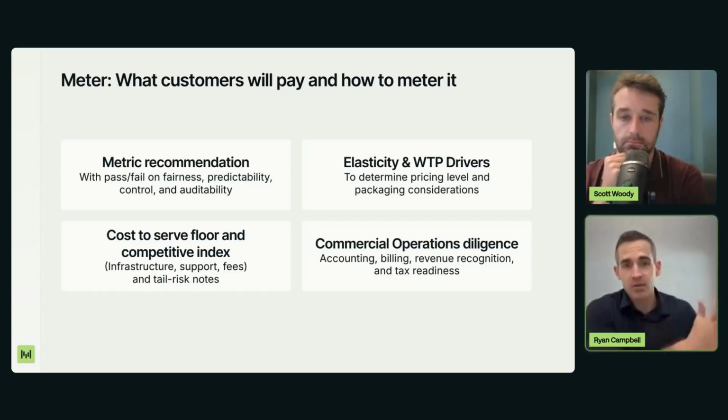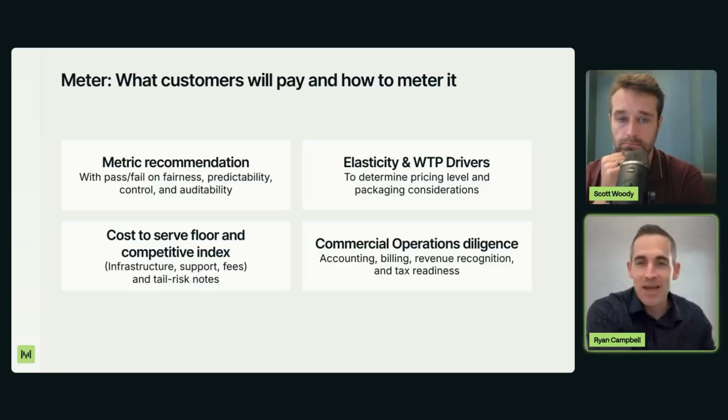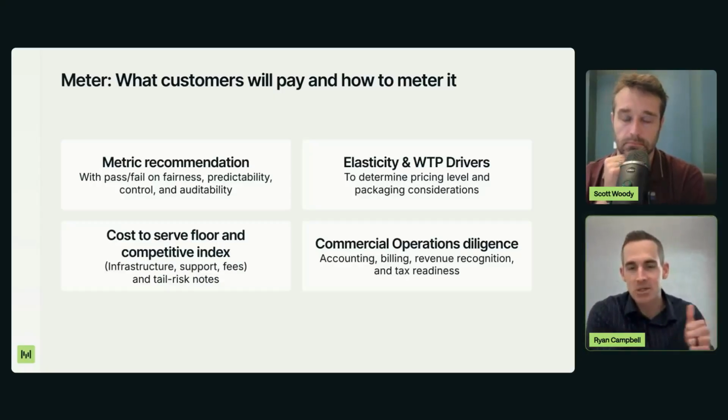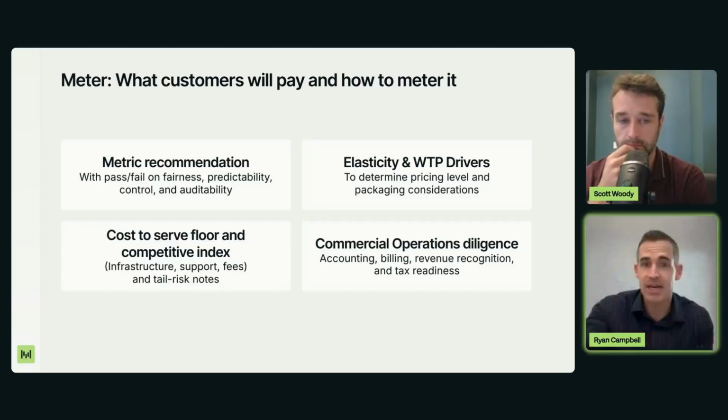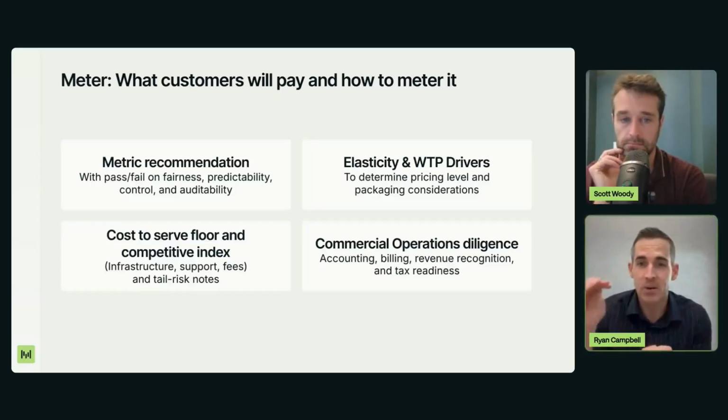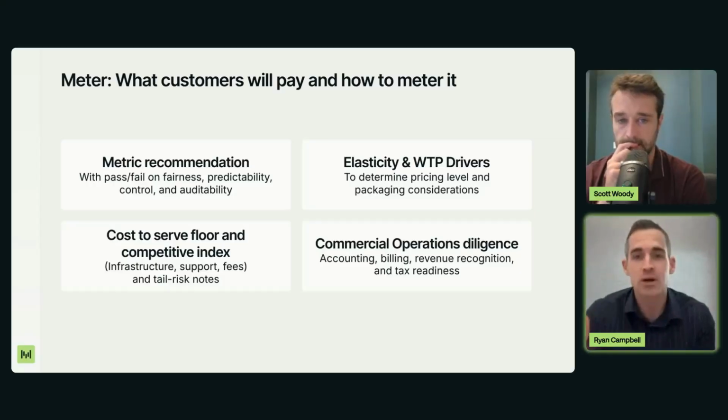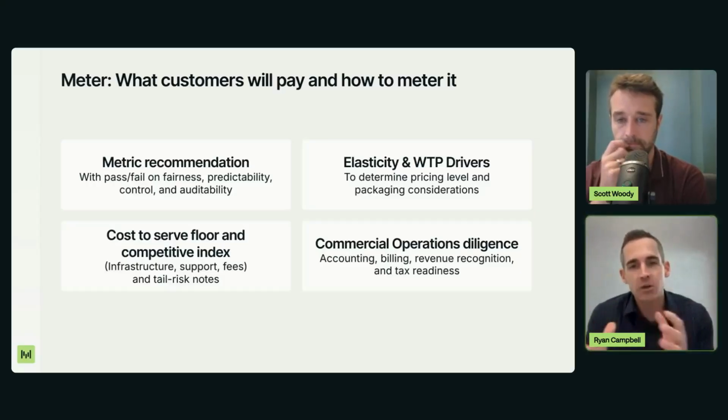It can be everything from a formal conjoint survey where you're doing all sorts of different scenarios and measuring elasticity, measuring willingness to pay. In some cases, it could be a Slack thing where I Slack a bunch of our account teams and say, hey, look, if I price it at X, do you think it'd be too expensive? If I price it at Y, do you think it'd be too expensive? If I didn't charge for it, would you have a problem with it? Right. So you can get creative with the different research methods.